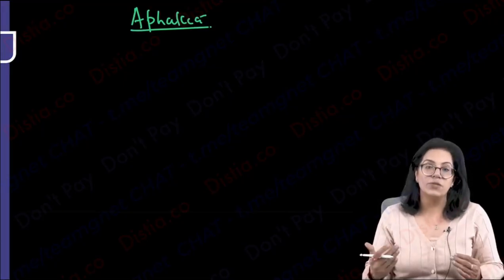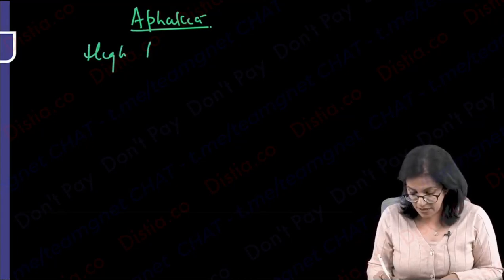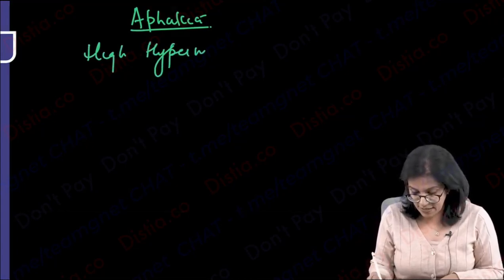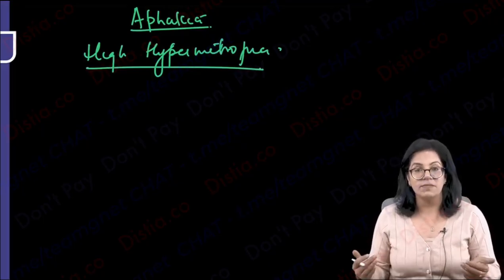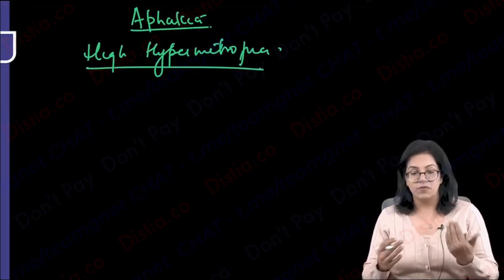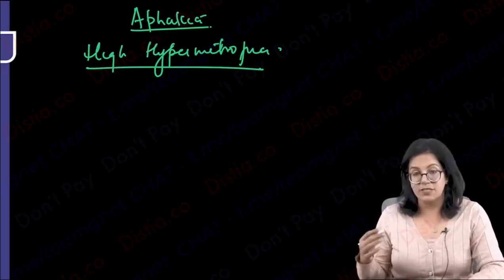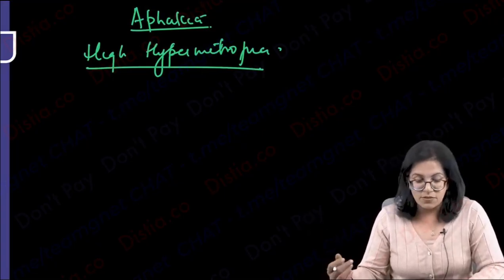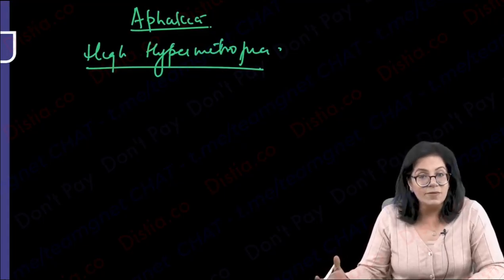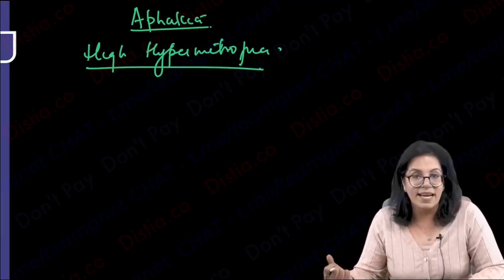Less means hypermetropia. So what is aphakia? Can we also say it is a state of high hypermetropia? Aphakia is nothing but high hypermetropia. What will the patients complain? It will be the same, right? So difficulty in both far and near. He is not able to follow. It's a high hypermetropia. 16 to 17 diopters is less, right? So definitely his vision is not clear, and there are a lot of asthenopic symptoms, as we have learned in